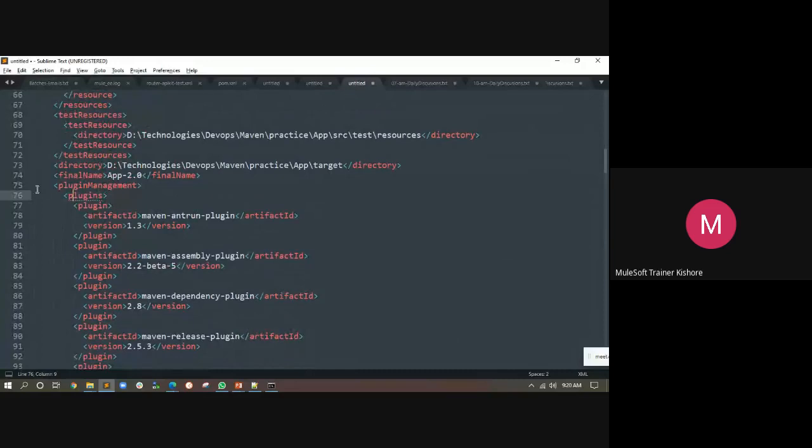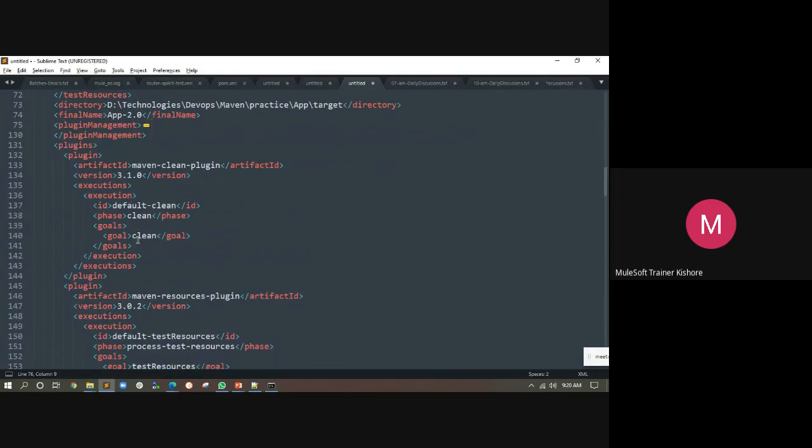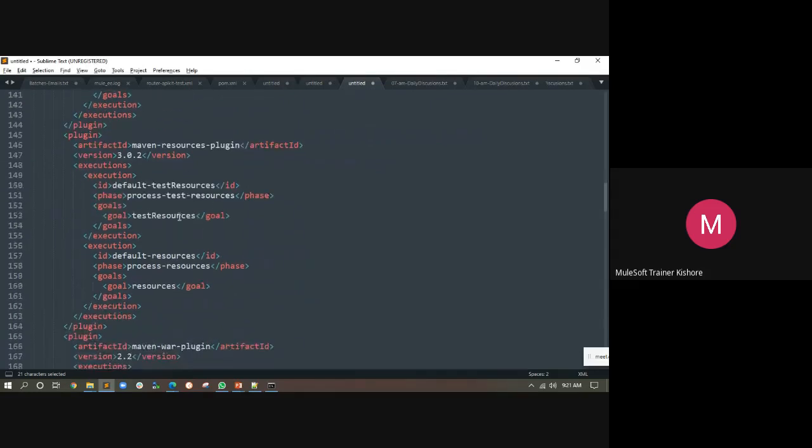In plugin management, it talks about the different plugins and their goals. Whenever you call clean, at which phase does this goal need to be executed? In my project, the clean plugin needs to execute in the clean phase. Likewise for the resources plugin, at which phase does it need to be executed?